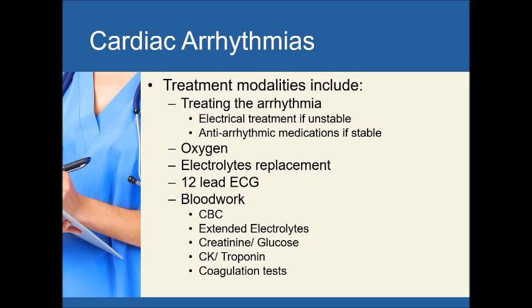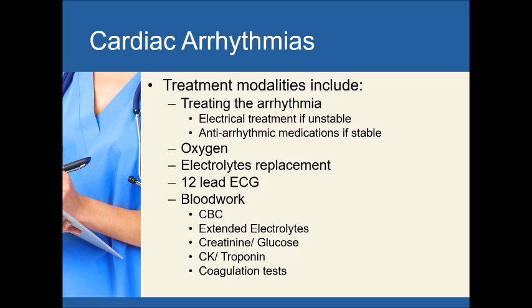Some of the treatment modalities for arrhythmias include, if the patient is unstable, we're going to go for electrical treatment or cardioversion. If the patient is more stable, then we will try medical treatment with antiarrhythmic medications. We'll provide the patient with supplemental oxygen, replace any electrolytes as needed, or try to remove excess as needed. We will perform 12-lead ECGs for continuous monitoring, and we will perform blood work to ensure that it has not